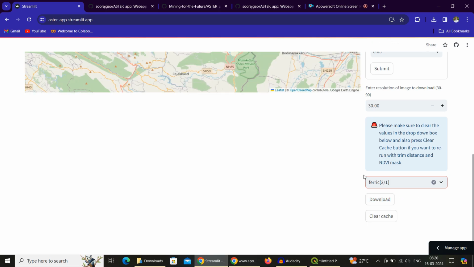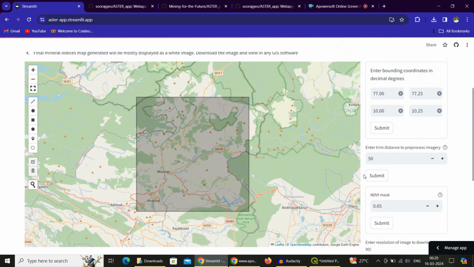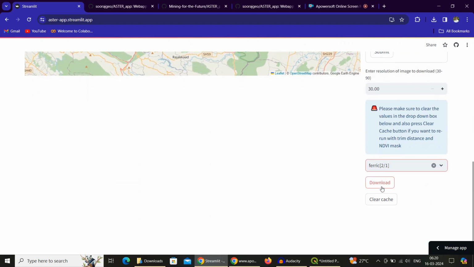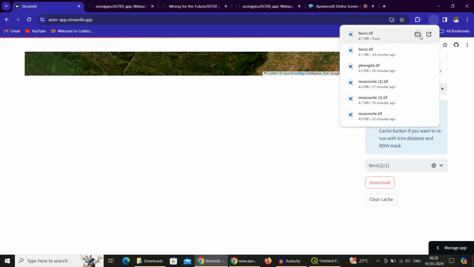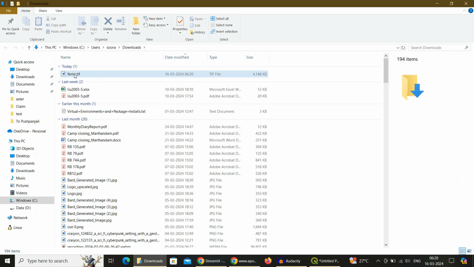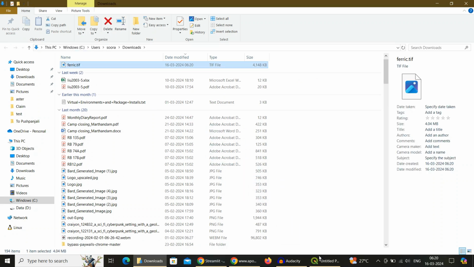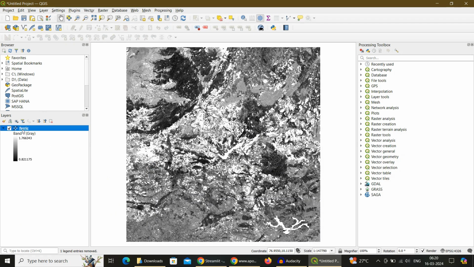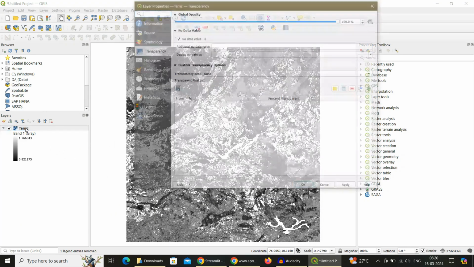Okay, it has been calculated. It is displayed as a white image, but you have to download this one. Okay, downloads, and if you go to the download folder and view it in any GIS software like QGIS or ArcGIS, and change the display properties,